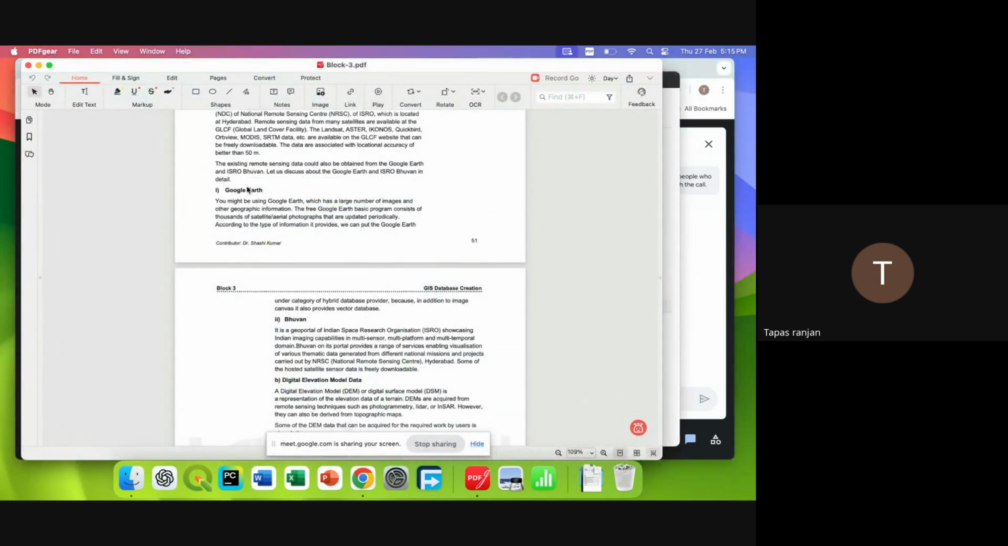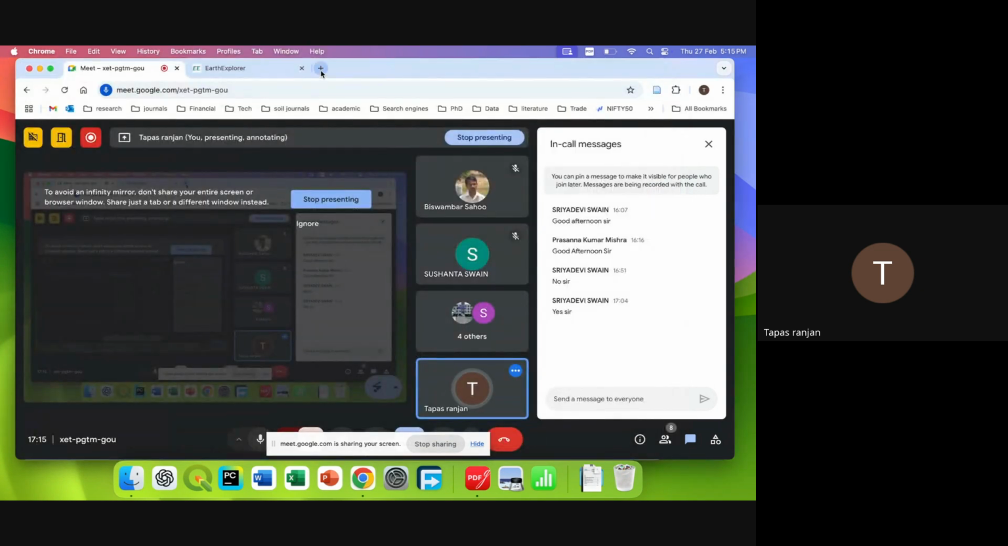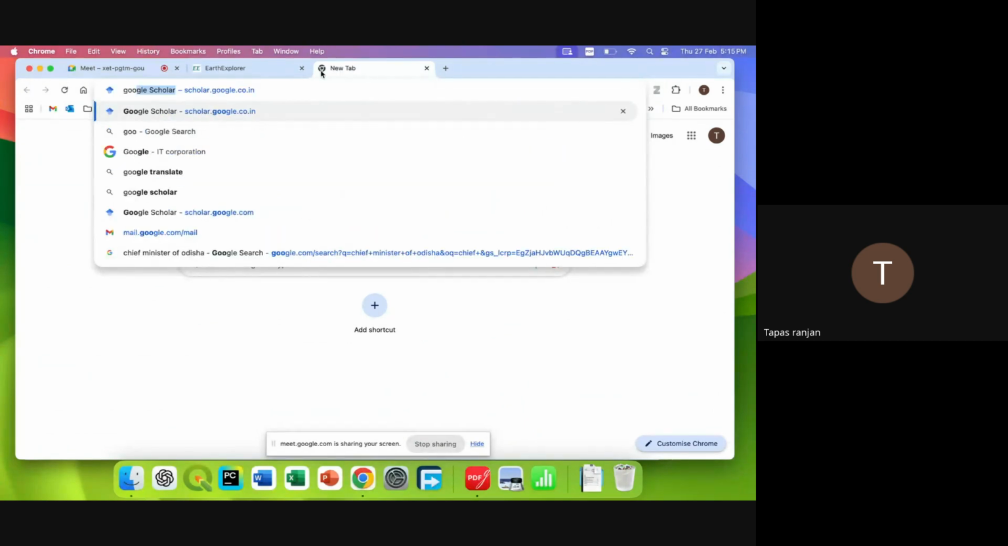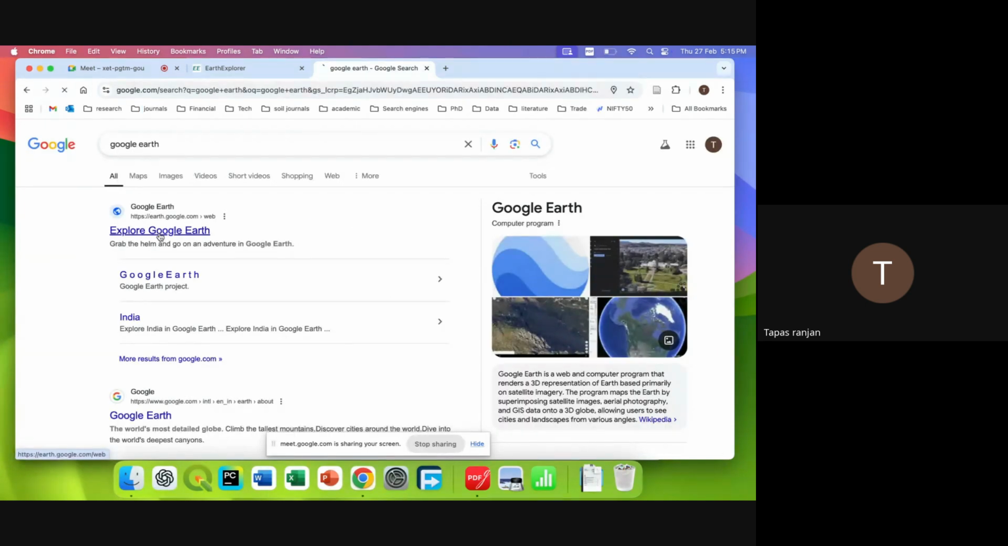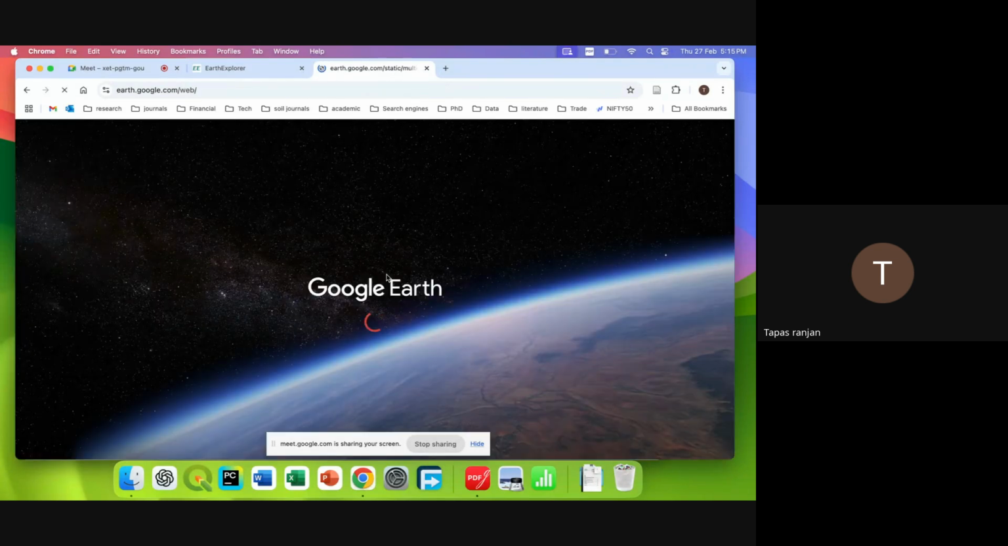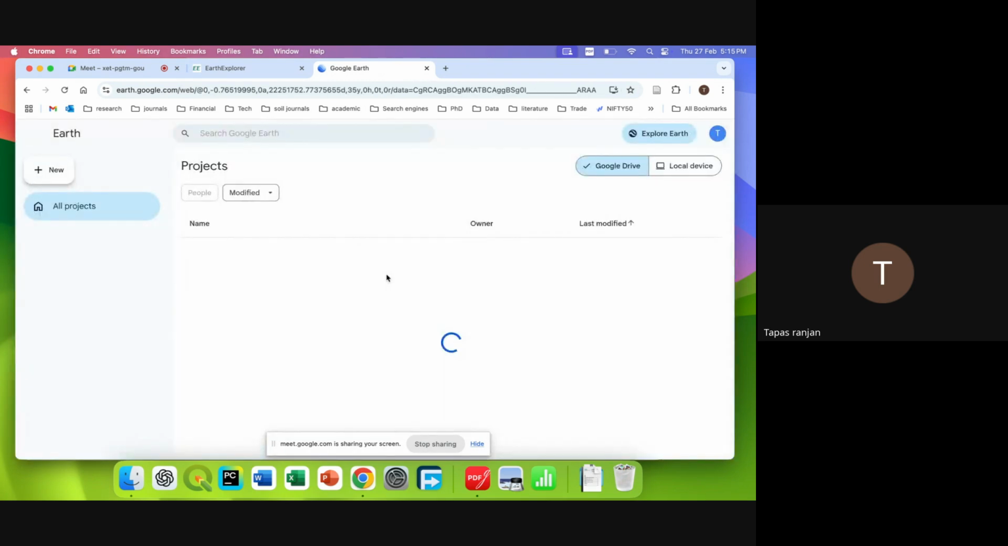Okay, so then you have Google Earth. I think Google Earth is really easy, and you can even download it on your mobile. So the Google Earth product is easily available to every one of us, and you can even search online for what Google Earth means,